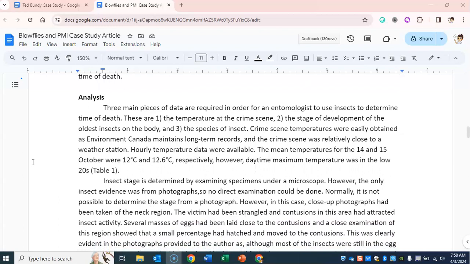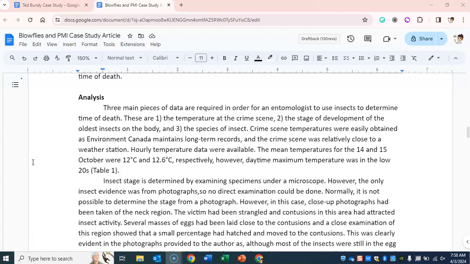Analysis. Three main pieces of data are required in order for an entomologist to use insects to determine time of death. These are: 1, the temperature at the crime scene; 2, the stage of development of the oldest insects on the body; and 3, the species of insect. Crime scene temperatures were easily obtained as Environment Canada maintains long-term records, and the crime scene was relatively close to